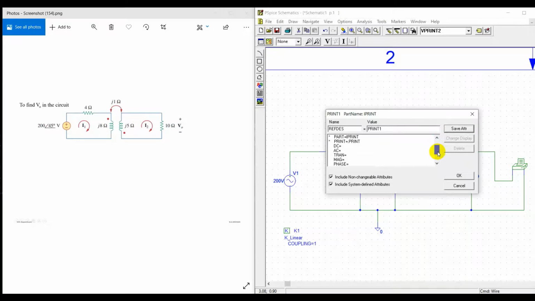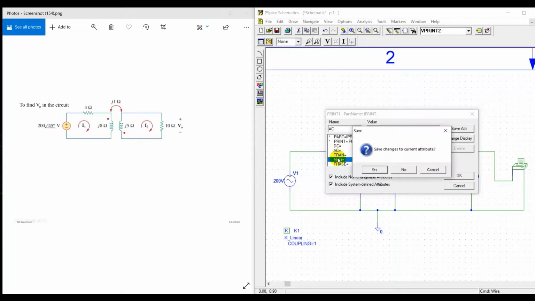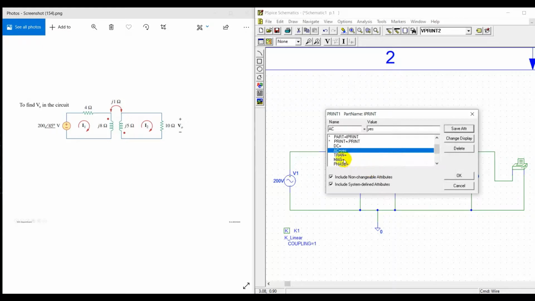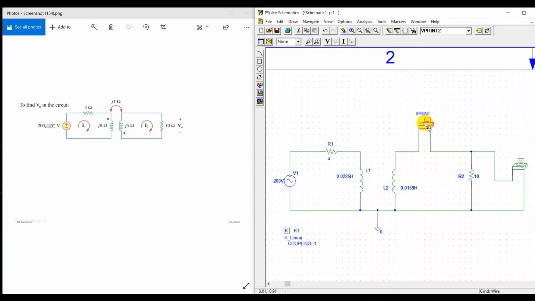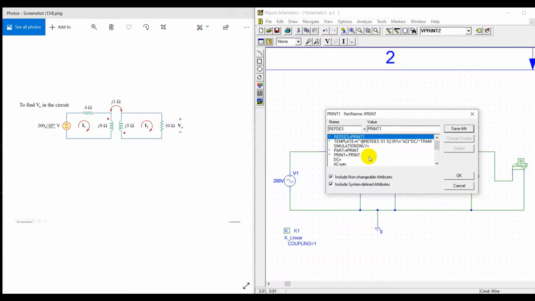Let us set the AC, magnitude and phase values as yes, yes, yes respectively. Save attribute.